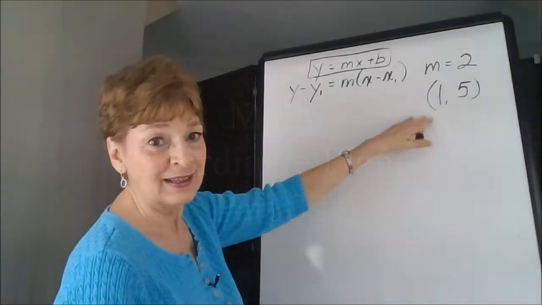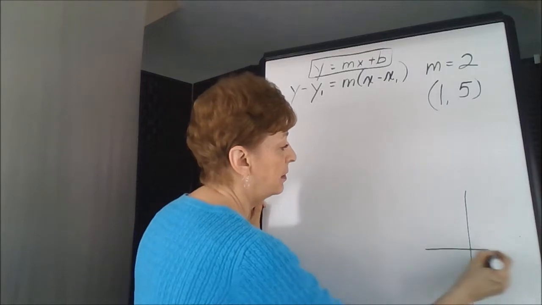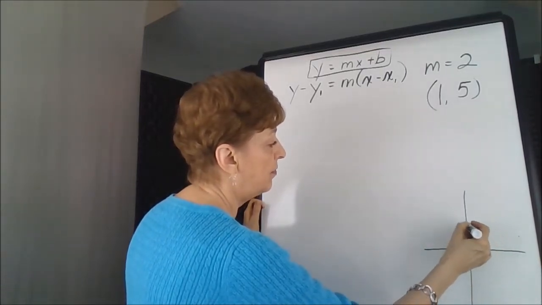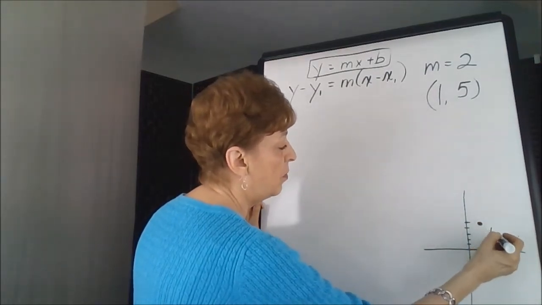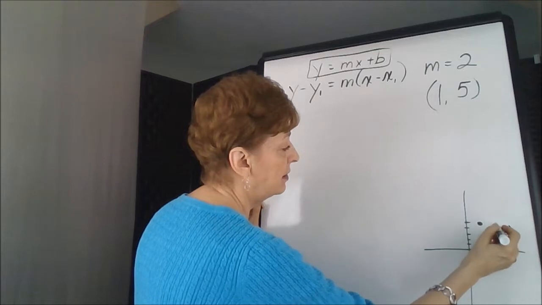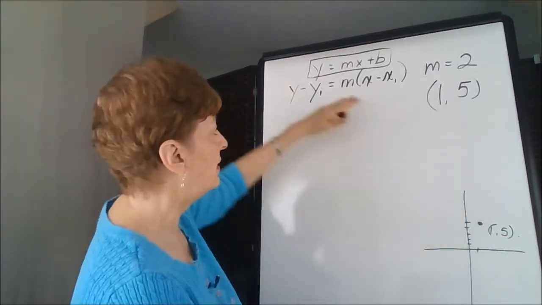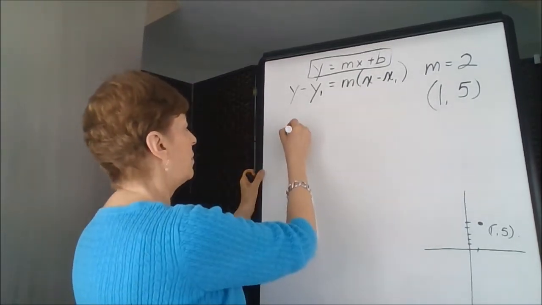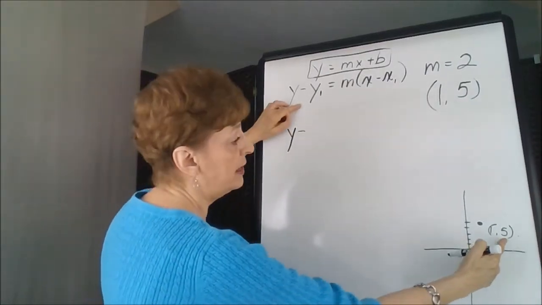Another example, let's plot our point first. 1 and 1, 2, 3, 4, 5. This is the point that we would have, our information would be 1, 5. So that becomes the point that is going to be substituted into this formula. Y minus, we're going to take our y point, 5,